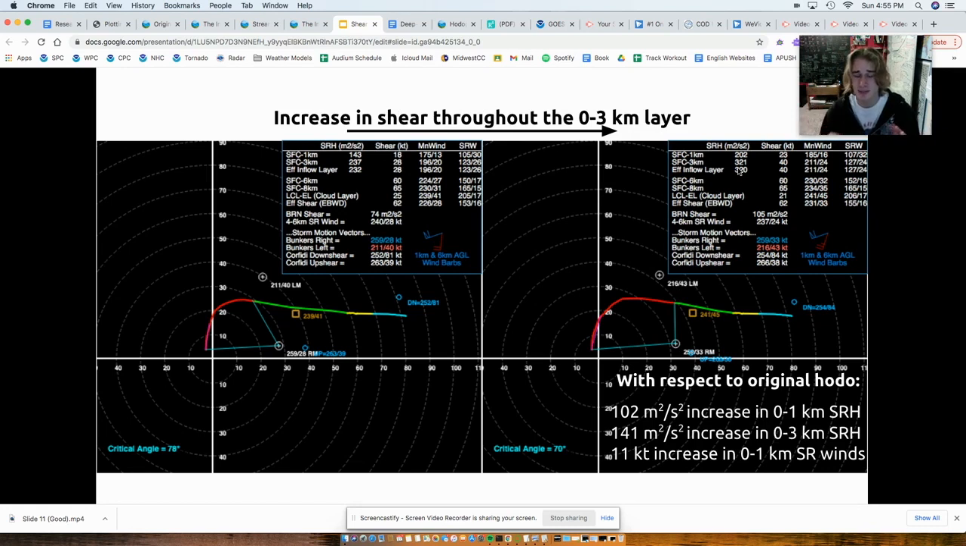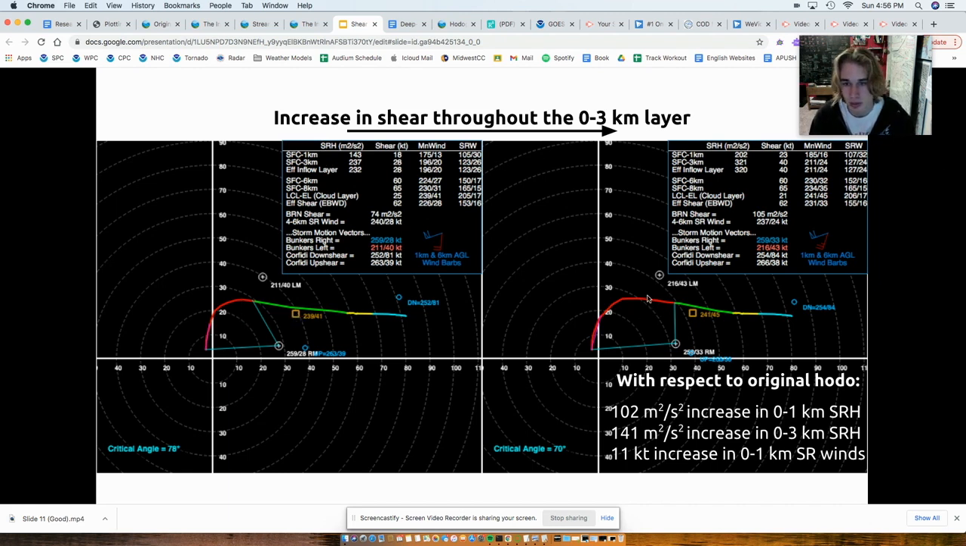And it's not like this is some completely different hodograph. I just increased the 0 to 6 kilometer shear, and then I fiddled with the low level winds. I mean, I didn't do too much to it. And these are major increases here. Storm relative winds didn't really increase all that much. They actually decreased for the surface to 3 kilometer layer